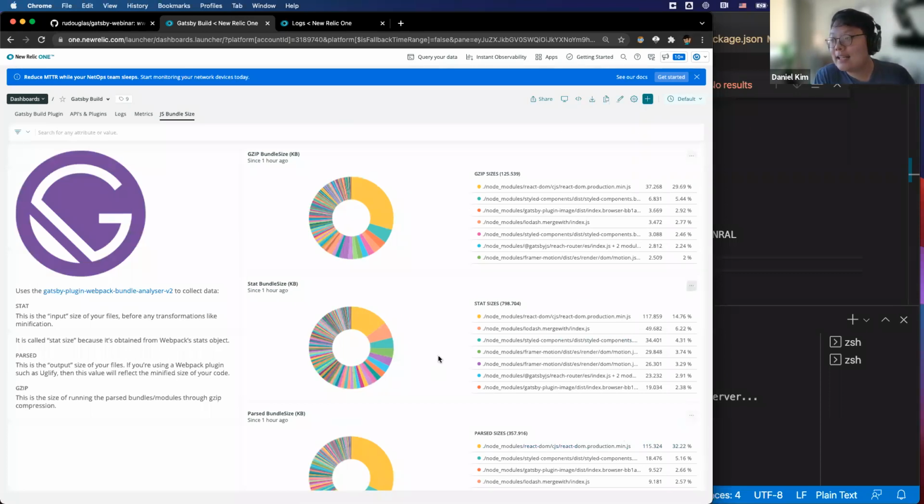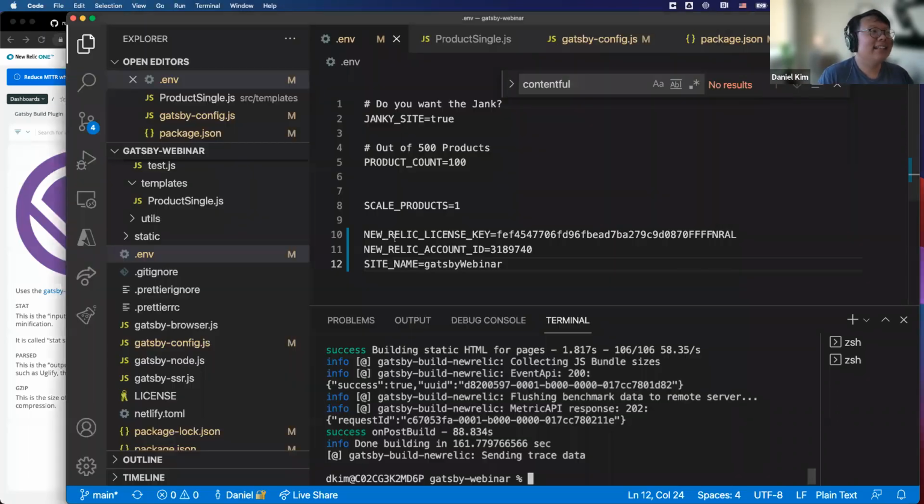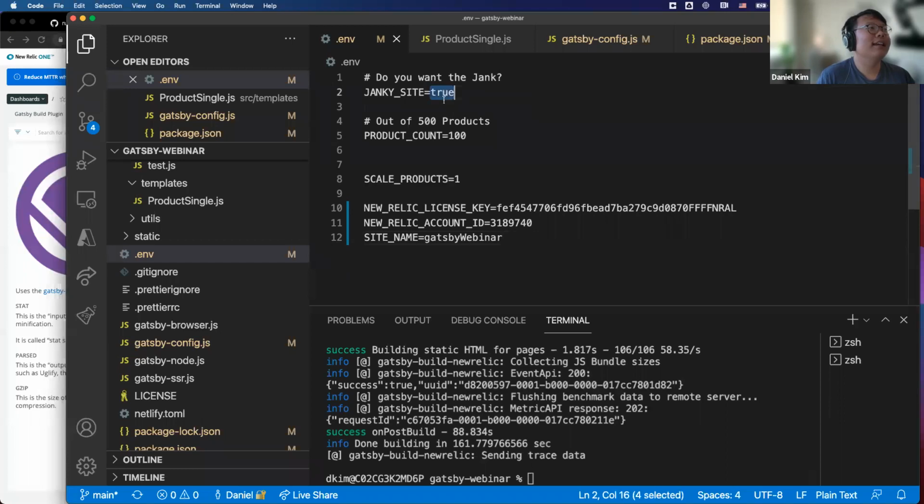So yeah, now that we have gone through the basics of the dashboard, I want to go ahead and de-jankify the website a little bit. So it turns out that I added a couple of things that make the website a bit janky. So we're going to make it a little bit more efficient by turning the feature flag for janky site to false.